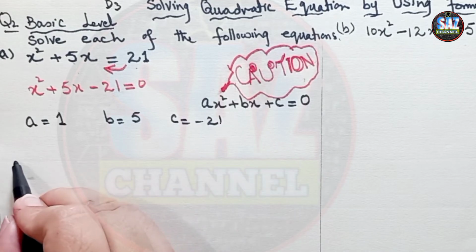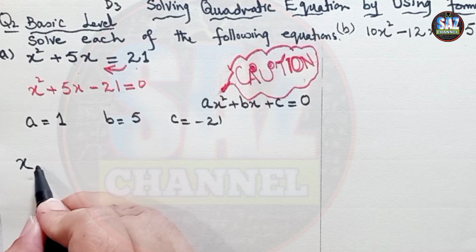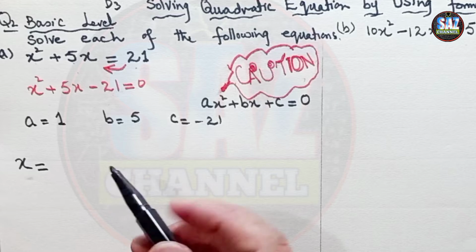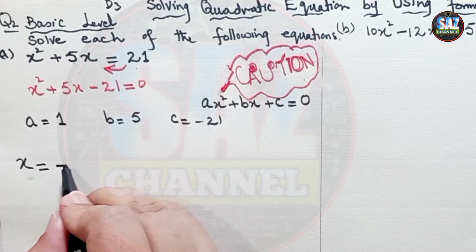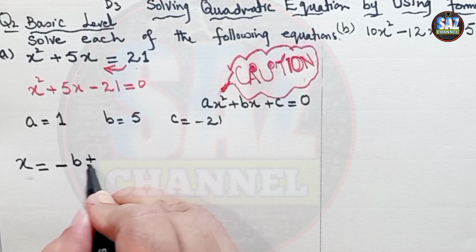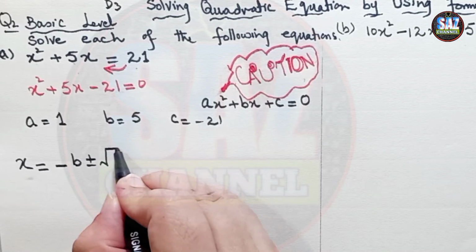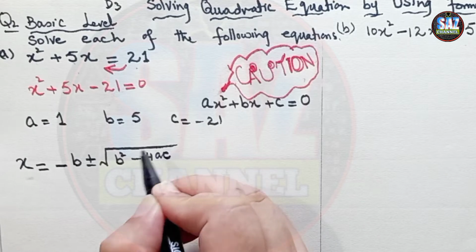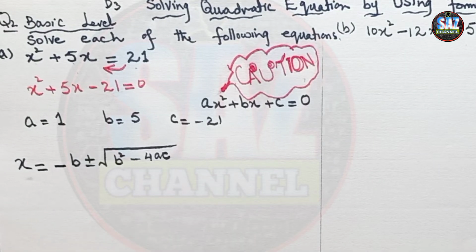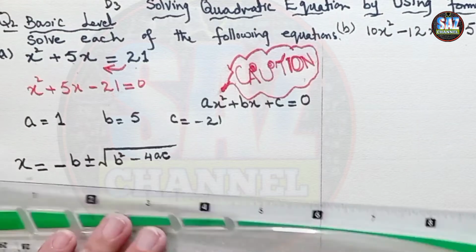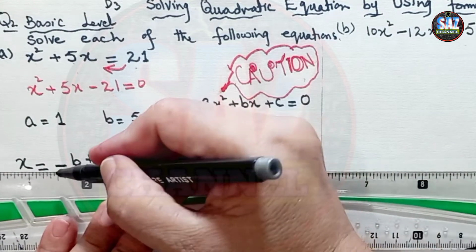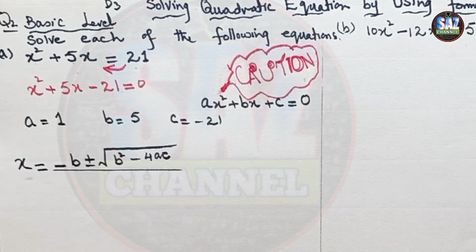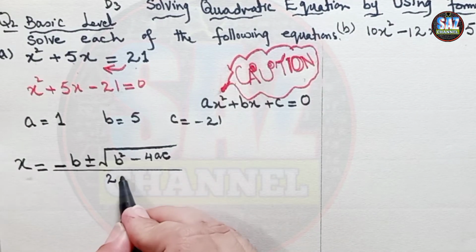Now first write down the quadratic formula. As the variable of the equation is x, I have to write x equals minus b plus minus the square root of b square minus 4ac upon 2a. I have to draw the fraction line very neatly, and that 2a has to come in the middle of the fraction, okay, 2a.